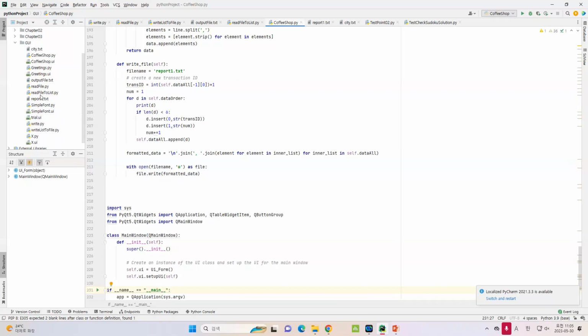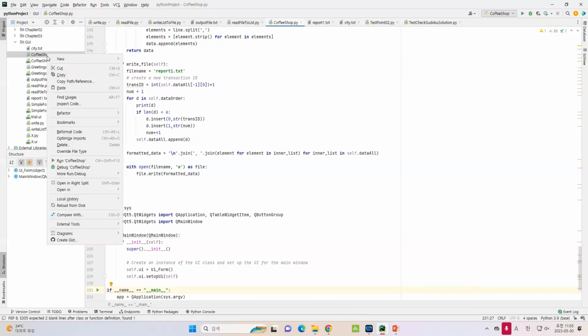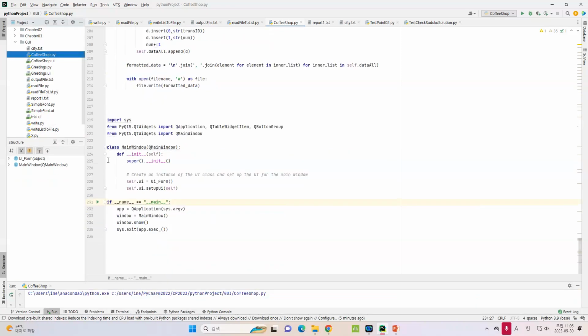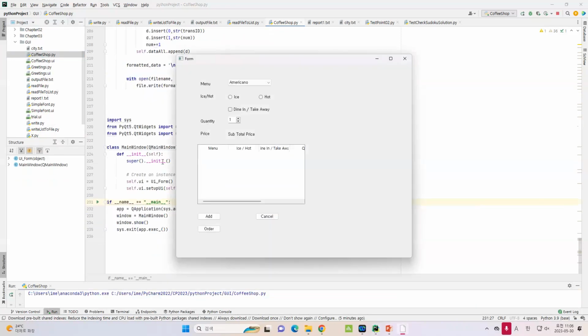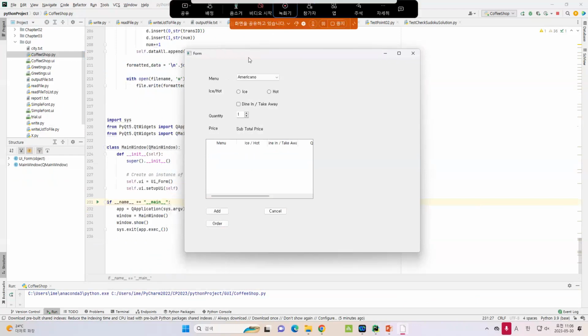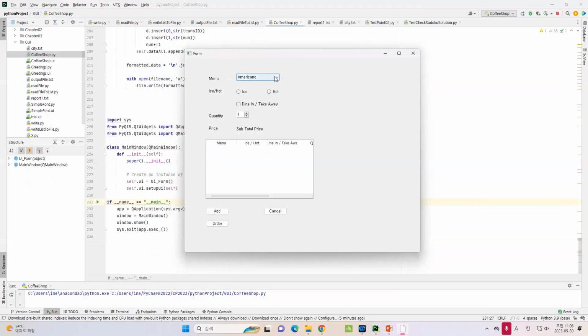So let me run this code first. Okay, I will run the coffeeshop.py, and then if I run this, you will see this form. Let's say I'm choosing the Americano, and then I would like to choose the hot, and then